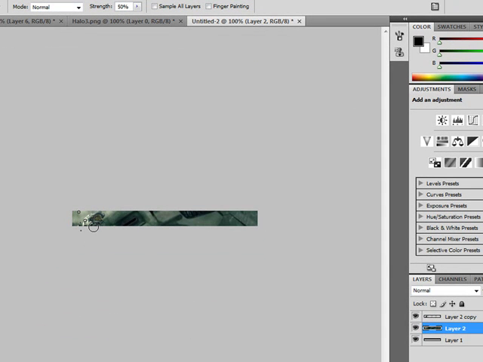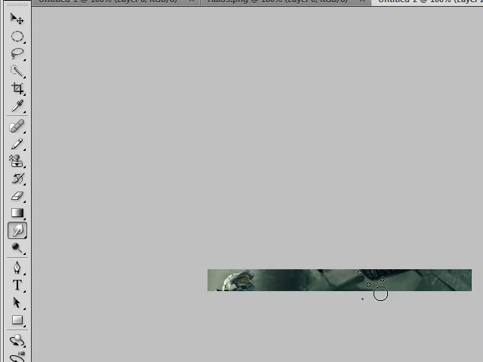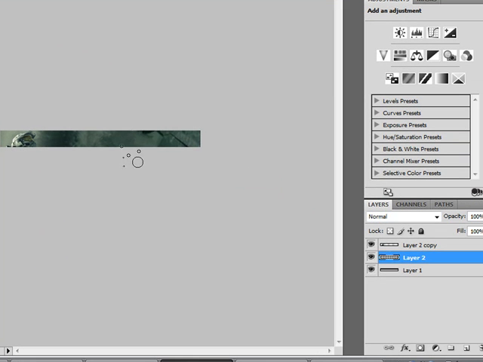Now on this layer still, we're gonna go ahead and just smudge it around in the background because we don't want people to know exactly what it was in the background, that it's actually a copy of him. So just get it looking pretty good. Now above this